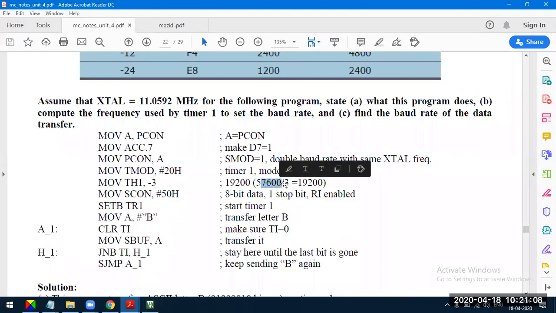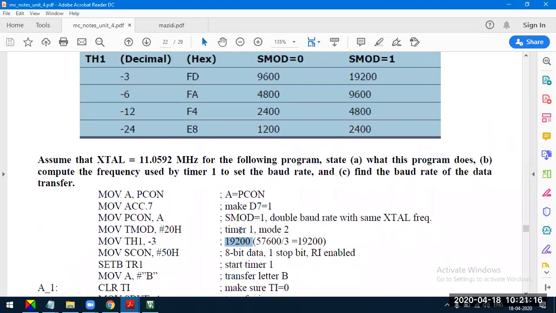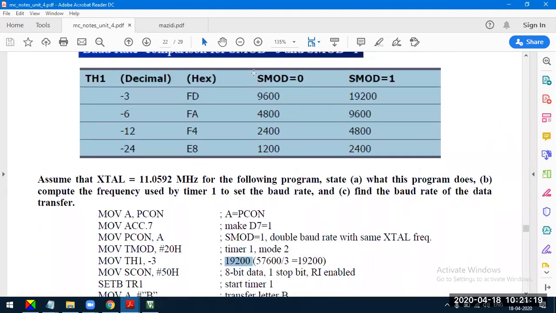So we need to generate 19,200, so we have to divide by 3. So -3 will generate a 19,200 baud rate. For SMOD 0 it will be a different value, and then we're doubling the baud rate using SMOD 1.